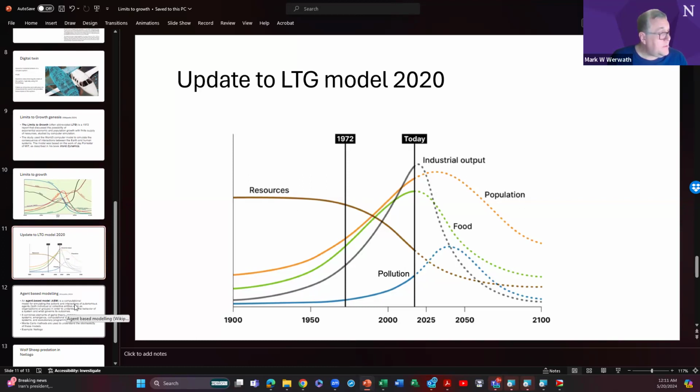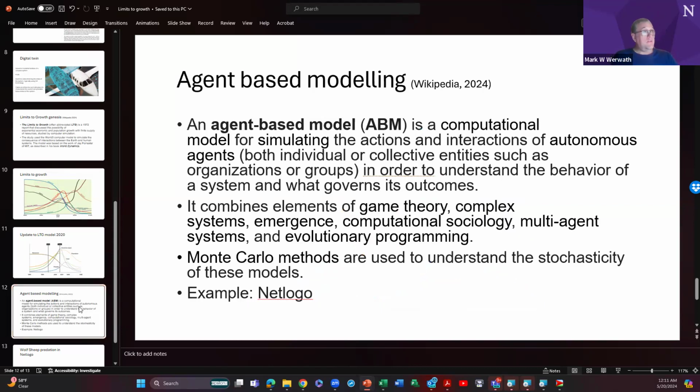One other aspect I thought would be interesting to think about was agent-based modeling, right? Which is really an organic approach to systems modeling that basically says each individual component or actor in a system can be modeled as operating independently of the others, but within a set of parameters that do interact with each other and have impact on each other. So agent-based modeling is a computational model for simulating the actions and interactions of autonomous agents, both individual or collective entities, such as organizations and groups. We use agent-based modeling in order to understand the behavior of a system and what governs its outcomes,